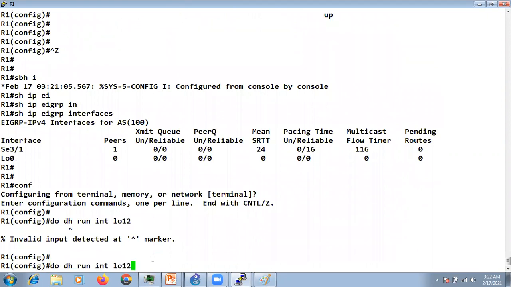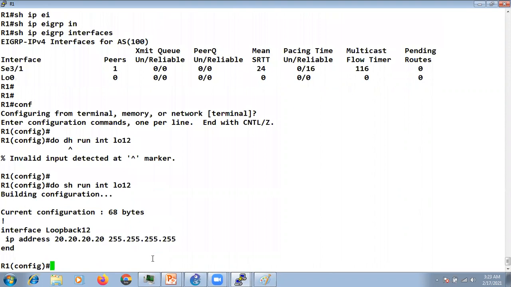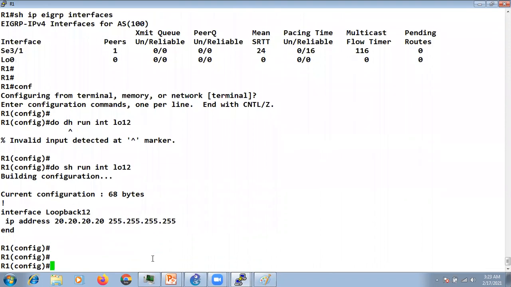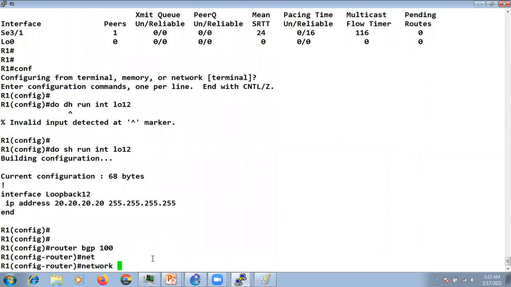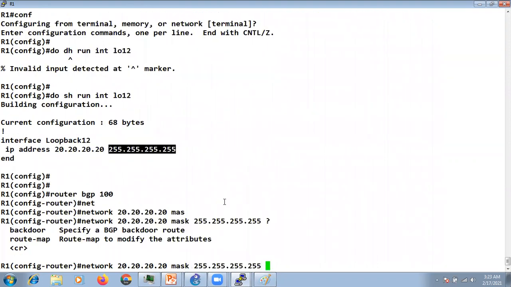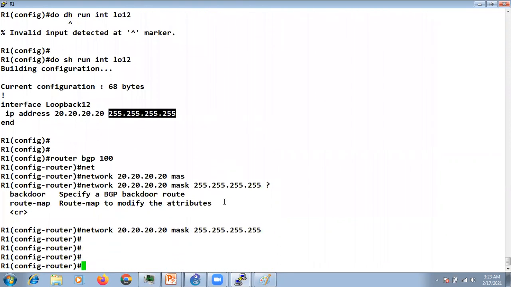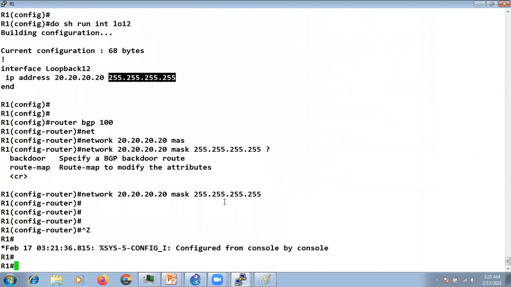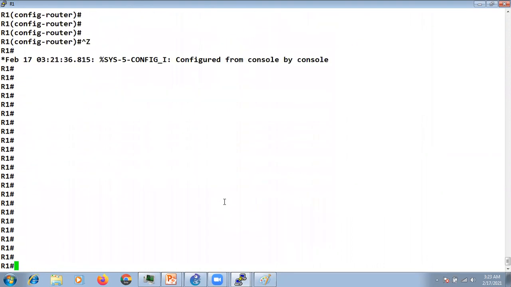Sorry, this is a /32. So under router bgp, let's advertise it with the network command and mask. Okay, so we have advertised it into BGP.